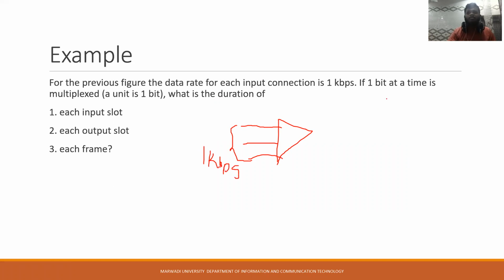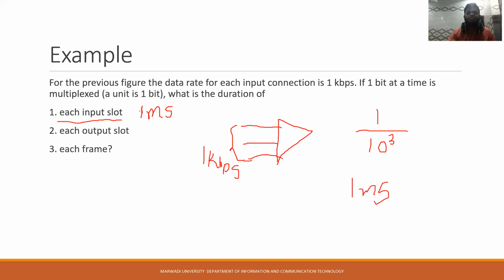right? If one bit at a time is multiplexed, that is a unit is 1 bit, what is the duration of each input slot, each output slot, each frame? So this is 1 kbps, right? So each input slot duration would be 1 divided by, since it is 1 kilo, so 10 raised to 3, that is 1 millisecond. So each input slot will be having duration of 1 millisecond,